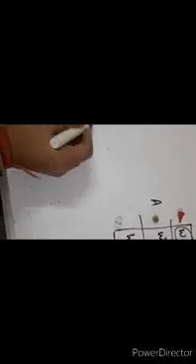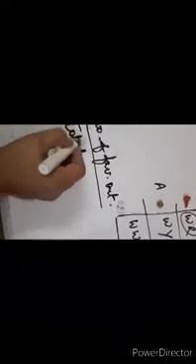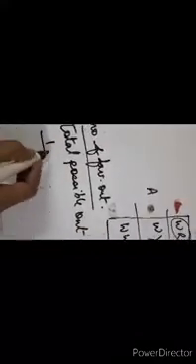To get the probability of white red, number of favorable outcomes upon total possible outcomes. Favorable outcomes for white red is 1 and total possible outcomes is 12. So probability is 1 by 12.